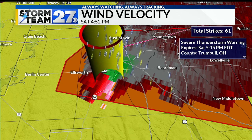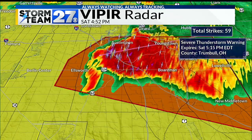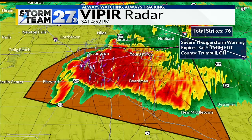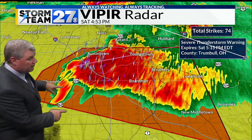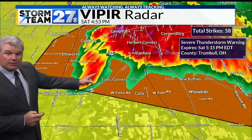I'm going to turn off some of these products here just so we can get a clearer view of what we're looking at here with this storm. Again, this is heavy rainfall. The area I'm following and we're watching very closely in here is this little hook, this little pendant. And that tells us and gives us a pretty good location where the tornado is. Heavy rain, yes, I know Austintown, Youngstown, moving into central Mahoning County, but the area...